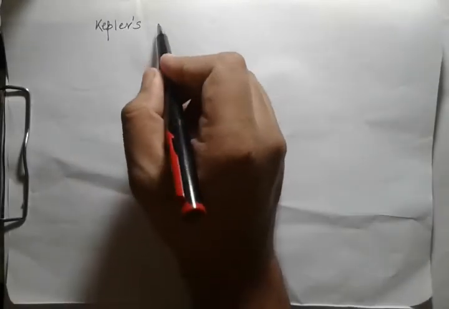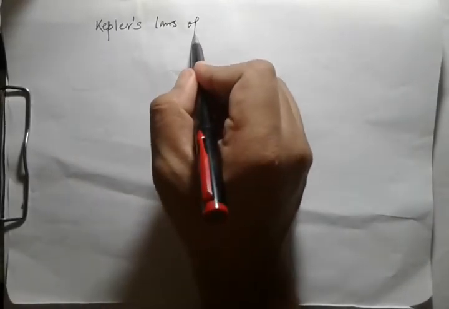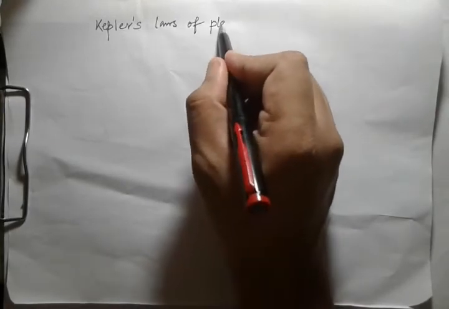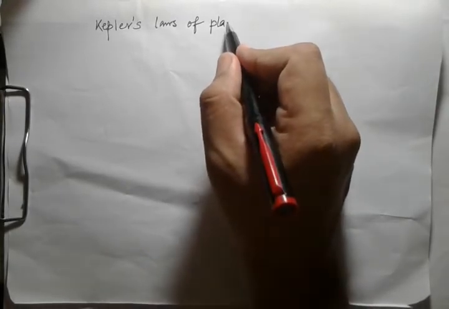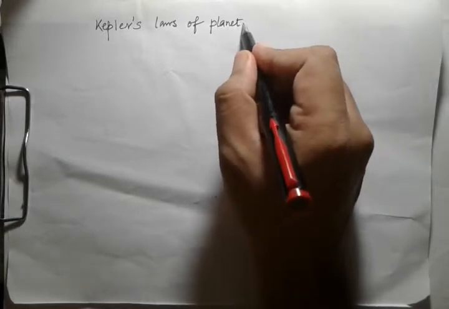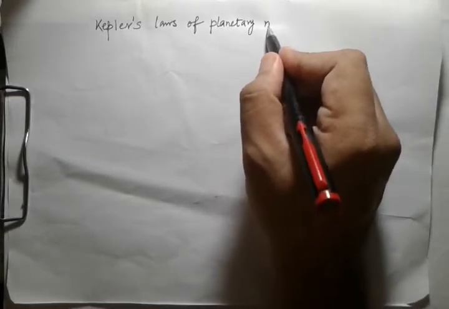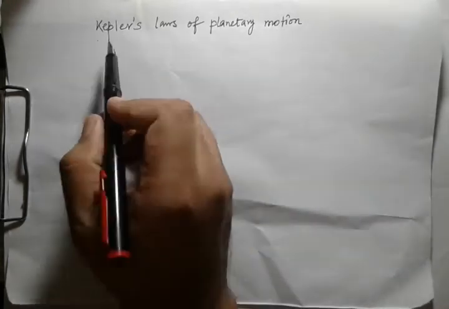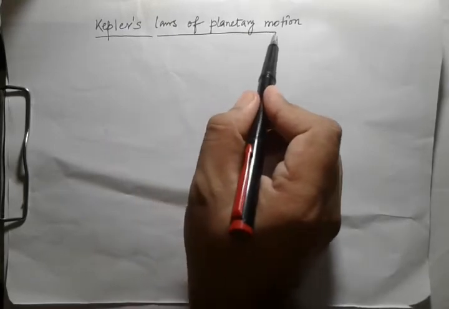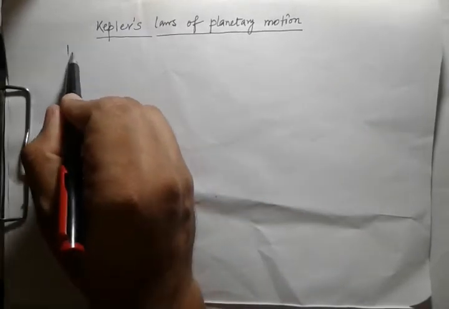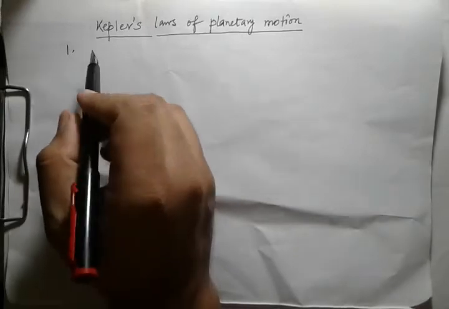Now we are going to learn what laws Kepler gave, or you can say Kepler's laws of planetary motion. So first, write Kepler's laws of planetary motion. So what is this law? There are three laws. The first law is: planets move